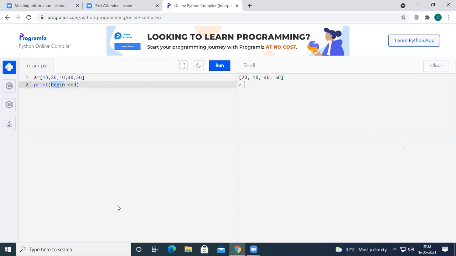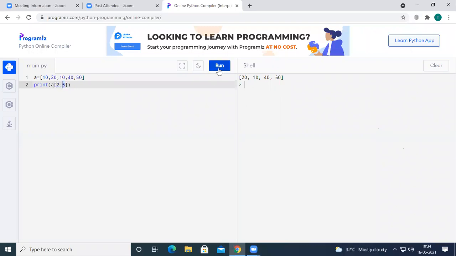For example, here I have given 2 and here I have given 5. So I want to print the elements from 2 to 5 in the list A. The elements at index number 2, 3, and 4 will be printed. 5 will not be included.